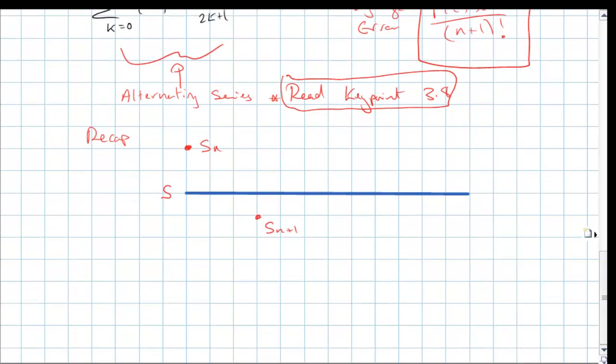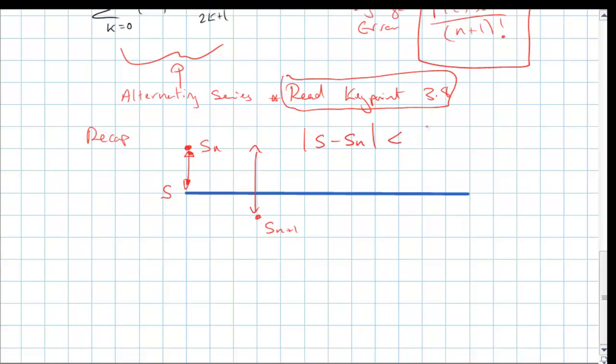What it essentially says though is this: imagine this situation here where Sn is the nth partial sum, Sn plus 1 is the n plus 1th partial sum, and S is in fact the limit that this series is tending towards. Well, essentially, if we use Sn as an approximation for the summation of the series, we'll get an error which is equal to the magnitude of S minus Sn. I know it looks like it'd be Sn minus S here, but I've used the modulus sign to be able to write it down this way. So that would give us the error in doing that, and all we're going to claim here is that error must be less than